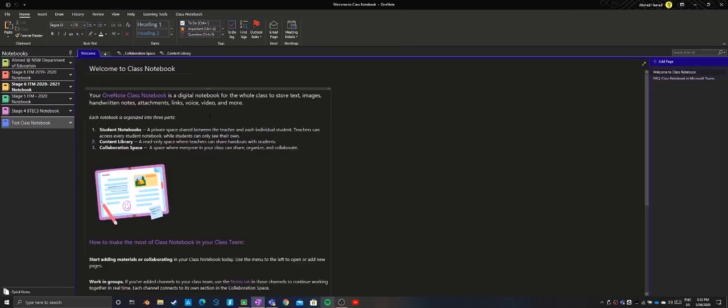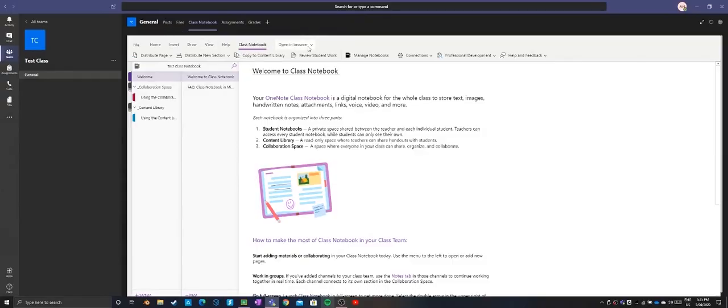Now the good thing about using the OneNote app, it can work offline, where Microsoft Teams would require you to be online. So if there's network issues, you're better off getting the students or teachers to work directly inside the OneNote app. So once again, once we're back inside Microsoft Teams,